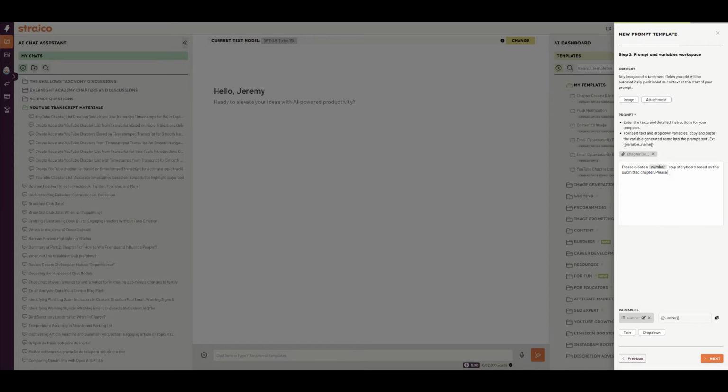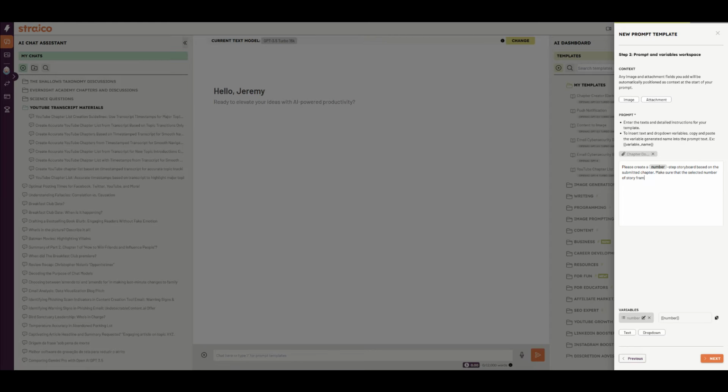Please create a number step storyboard based on the submitted chapter. Make sure that the selected number of